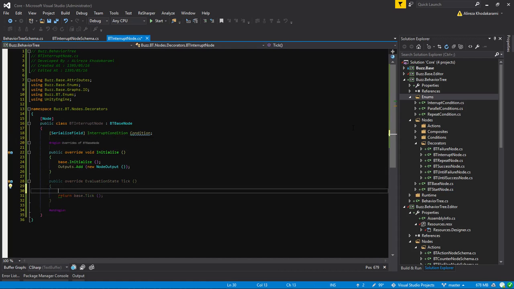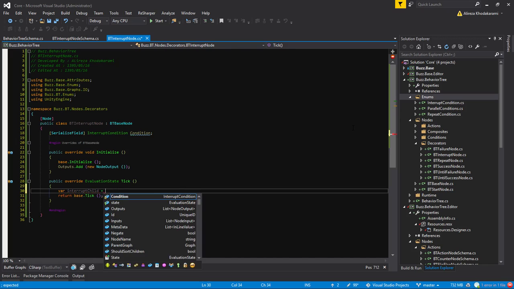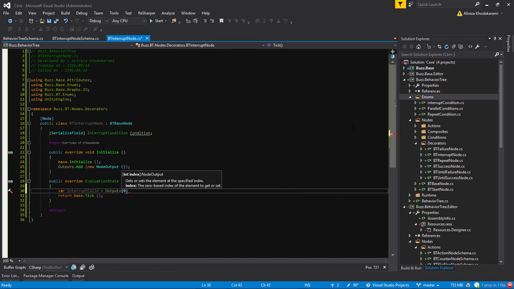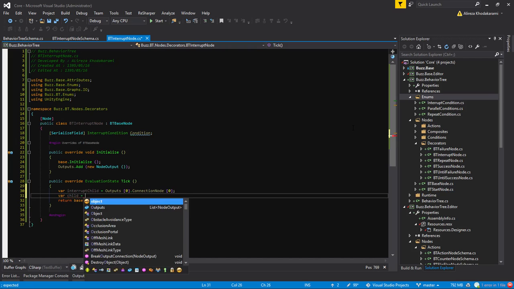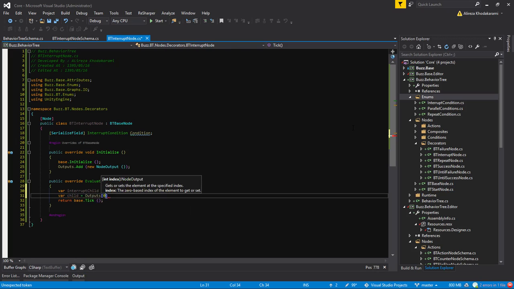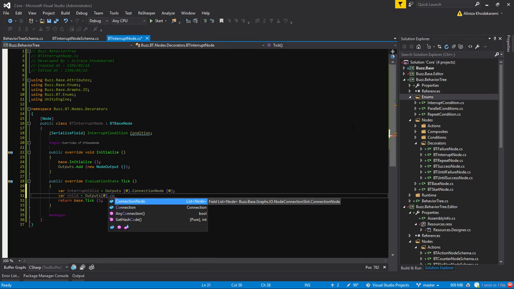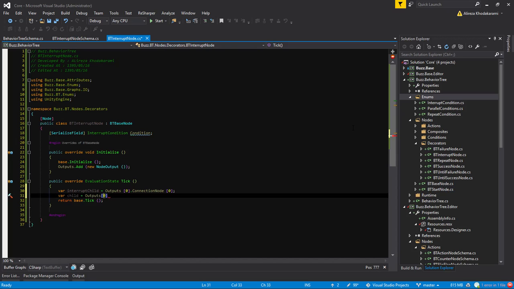Now here we will say var interrupt child equals outputs of 0 dot connection node of 0, and var child equals outputs of 0 dot connection outputs of 1 dot connection node of 0. Okay,